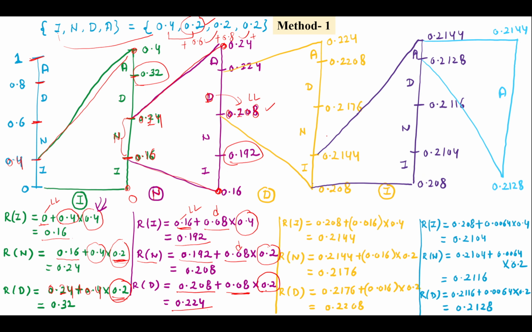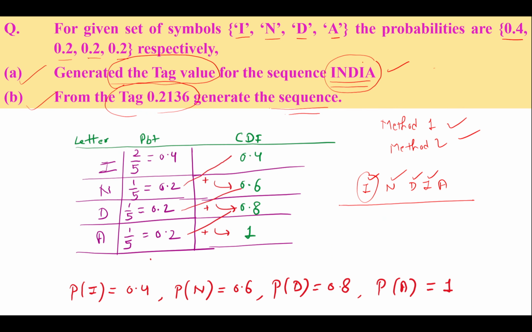So again we have to assign, because letter D lies in these two ranges. This is the range of letter D. So first this is the higher limit and this is the lower limit. Again we go for the same formula, meaning lower limit plus upper limit minus lower limit, times the probability of the letter. So if you apply the same formula here, you get all these values. So we have successfully encoded the letter I, and if you look at this sequence,